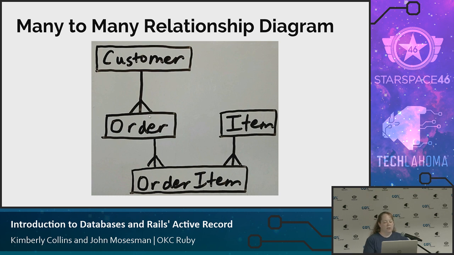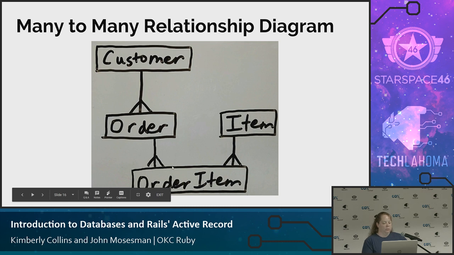And the next thing I want to think about is how the items in my database relate to the orders. You might be tempted to draw a line directly between those two because orders contain items, items are in orders, but we would need to put this crow's foot on both sides because one item can have many orders, one order can have many items, and you're not allowed to do that. We have to go through this intermediate table that I called order item. So one order can contain multiple items, and that relationship is here. One item can be for multiple orders, and that relationship is here.